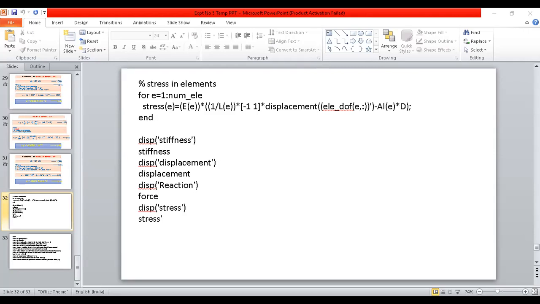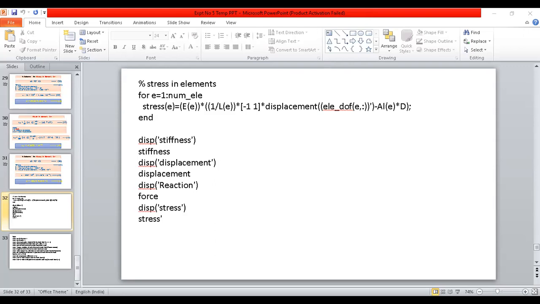Okay, same coding right here. You can check: clear all, then number of element, number of node, connectivity, degree of freedom, initialize displacement, force, stiffness, then area, Young's modulus of elasticity, L, then force, alpha, then temperature difference, thermal load at element 1, element 2, total force,